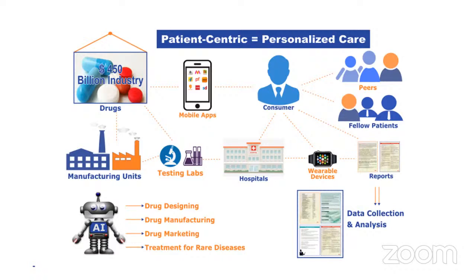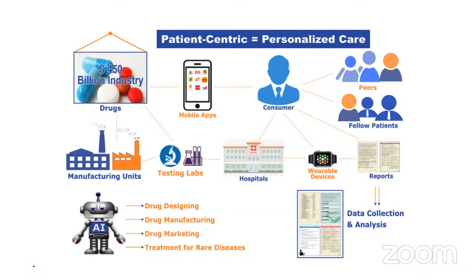So this trial and error process goes on, whereas AI/ML techniques can be used, taking into consideration the health profile and health history of the patient. A customized medicine can be prescribed, and even composed by the system. In the US, the step of compounding happens. So it is not readily available; the pharmacist there prepares and gives a customized medicine. Such things are possible with these AI techniques, and also drug designing, drug manufacturing, drug marketing,